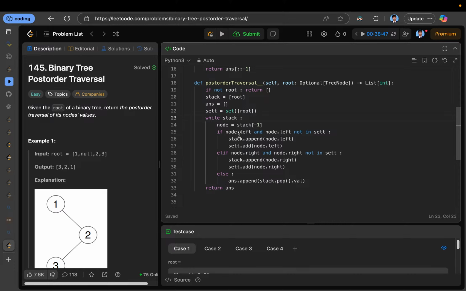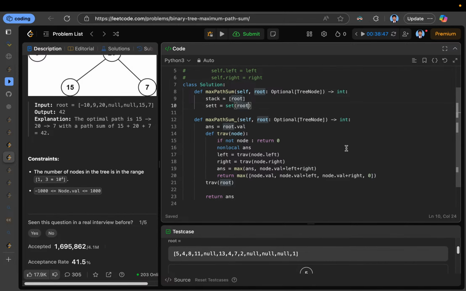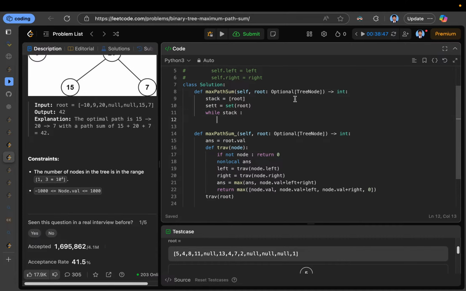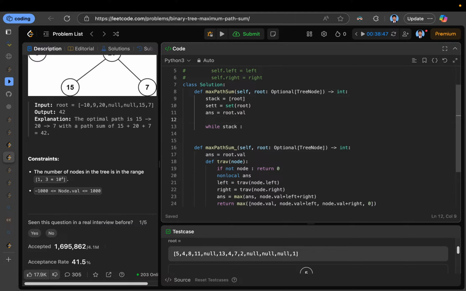Okay, so set and root, while stack I have to run in this, and there is an answer putting root dot well, and I was stack